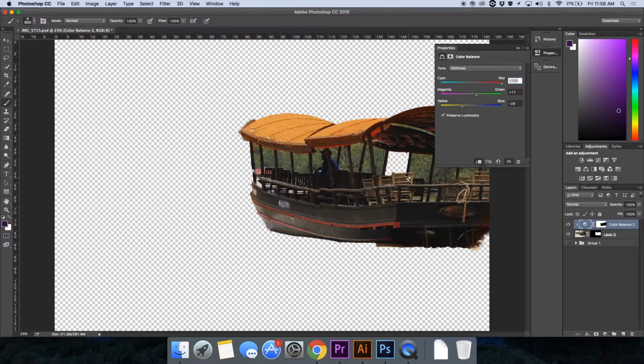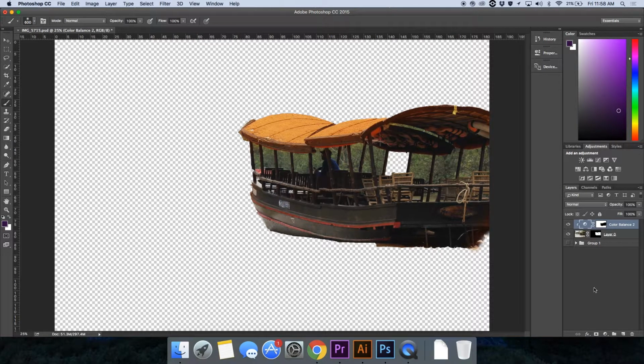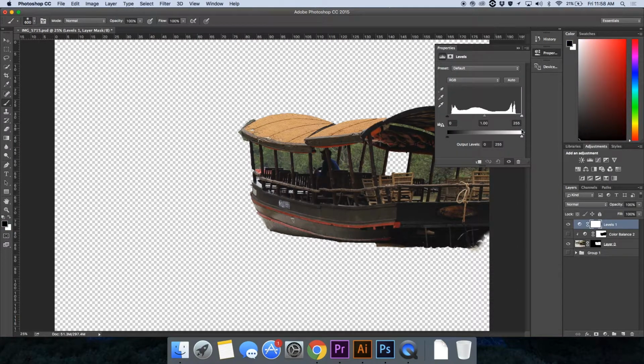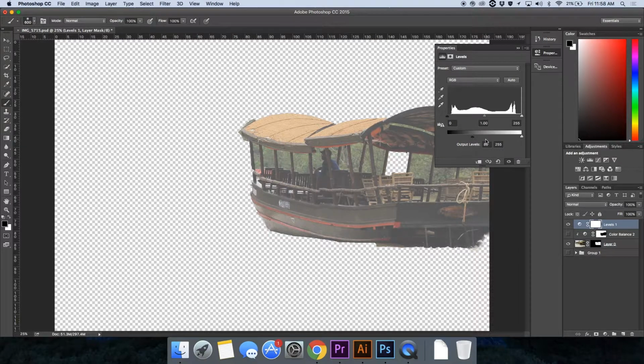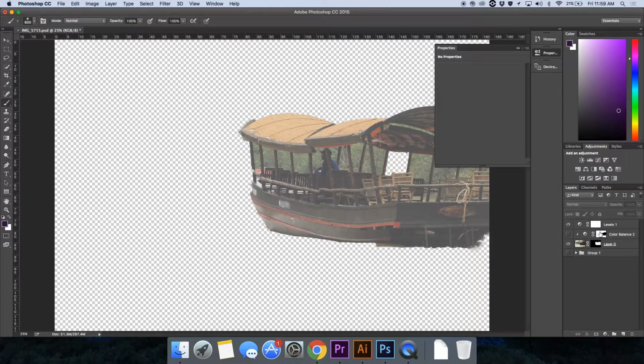Now, how do I use this? I can use this for a whole bunch of different things, especially in our photo manipulations. If I hide that color balance and I add one that's very, very common, which will be our brightness, contrast, or our levels. For example, if I want to make a certain part of the boat darker or brighter based on where the sun is, based on where the light source is coming from, I can do that. Let's say I want to blow out the top of the boat and make it a little bit white, a little bit brighter, as if the sun was coming from the top up here. I can do that. I can make the whole thing brighter, and then I can come here to the mask, get my paintbrush tool, and again,